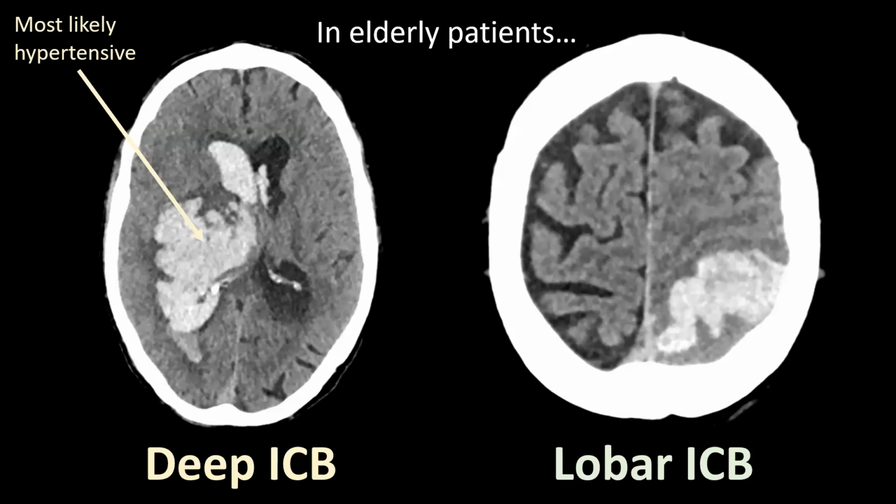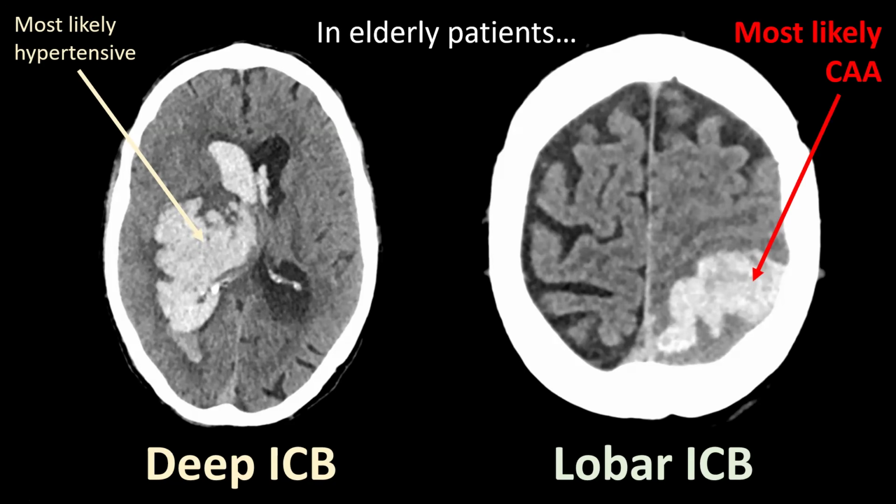These are two patients with spontaneous intraparenchymal hemorrhages. In elderly patients, if you have a spontaneous intracerebral hemorrhage located deep within the brain, in the region of the basal ganglia for instance, it is very likely going to be a hypertensive hemorrhage. Also notice that this hemorrhage has ruptured into the ventricular system. If you have an intraparenchymal hemorrhage located superficially in the brain, a so-called lobar intracerebral hemorrhage, in an elderly patient, it is very likely that it is going to be secondary to so-called cerebral amyloid angiopathy,